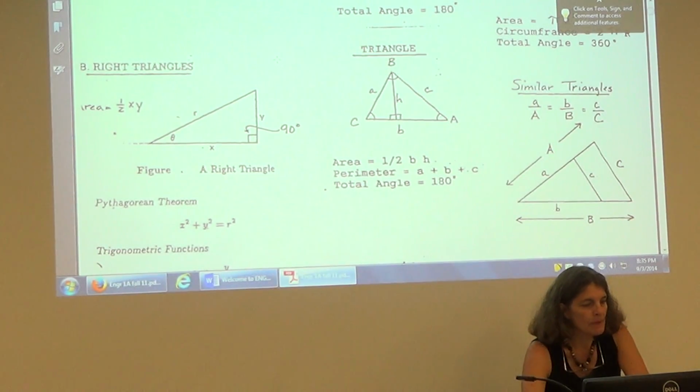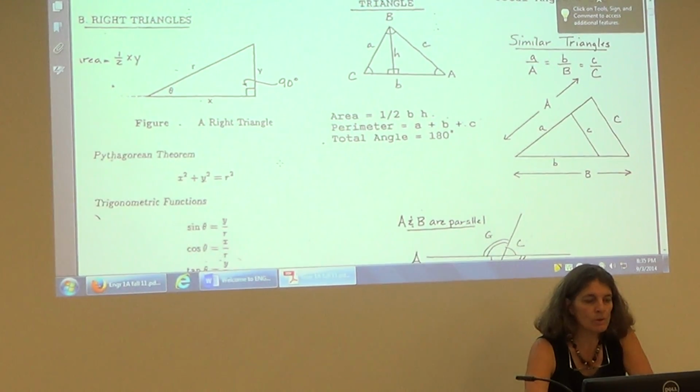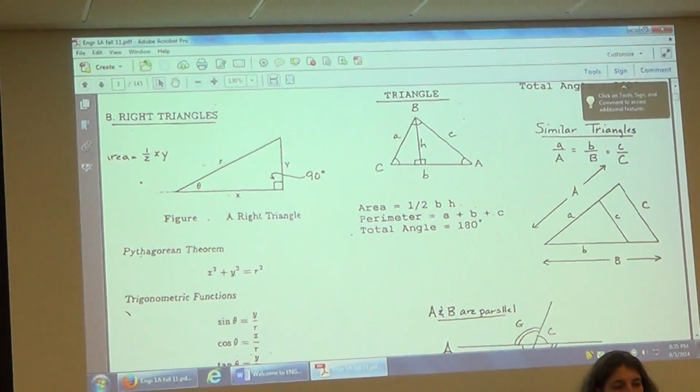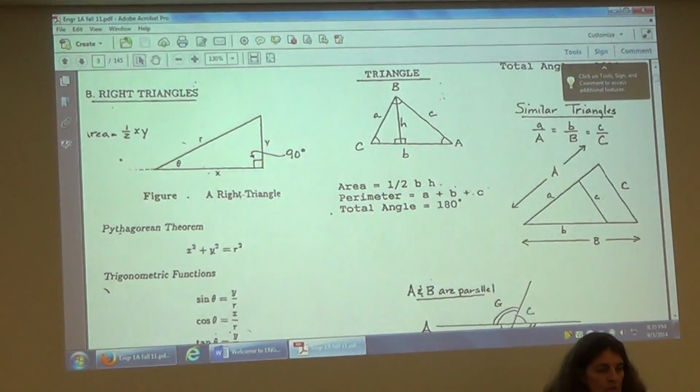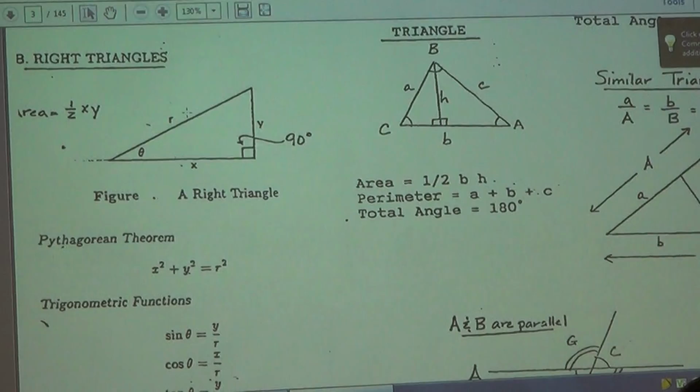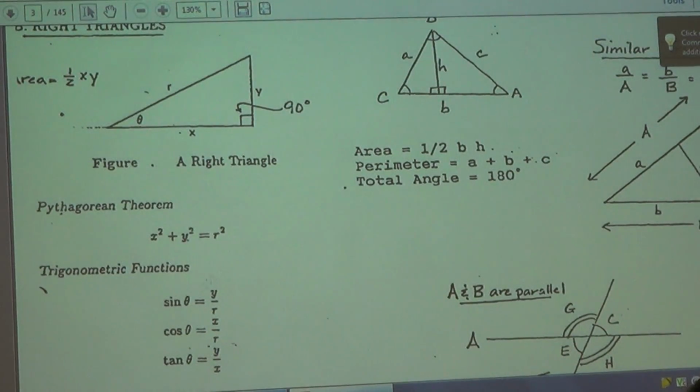So let's take a look at this, which is in your packet. A right triangle. I'm going to go through it a little quickly, since I'm assuming you've seen it all already. We have a right triangle here, where 2 sides come together at 90 degrees. These 2 legs are called X and Y in this particular figure, and the hypotenuse is called R. Pythagorean's theorem, the relationship between these 3 sides, is x squared plus y squared equals r squared. Now the trig functions: if I'm looking at this angle theta right here,